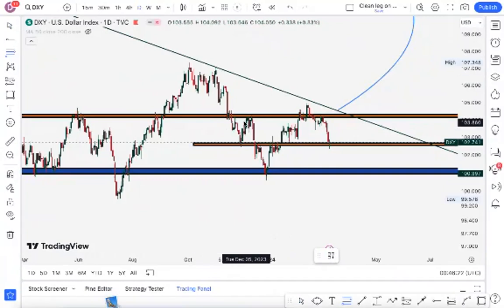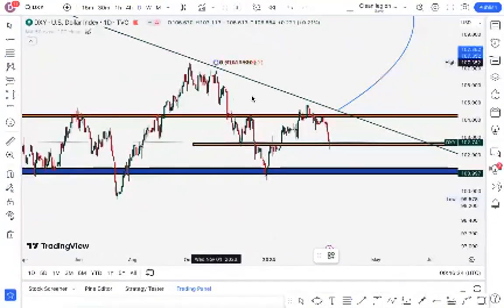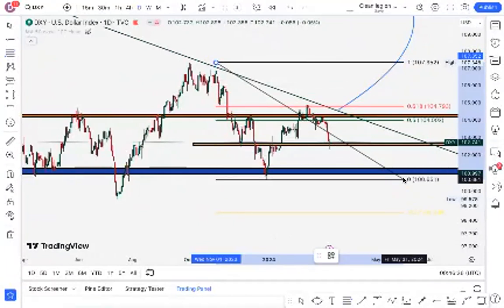So this was the first pullback. We do not align with the Fibonacci. However, if you flip it right now from swing high to swing low here on the second pullback, now this aligns perfectly with Fibonacci. And you guys know that this is A, B, C, D. Actually, it's four moves. Starts from the A, goes to B, comes to C, then finishes at D. So this pair, technically speaking, this move should end, we should see the dollar at